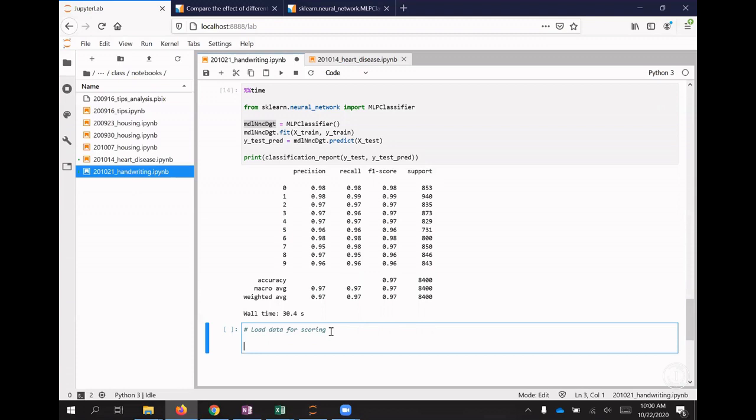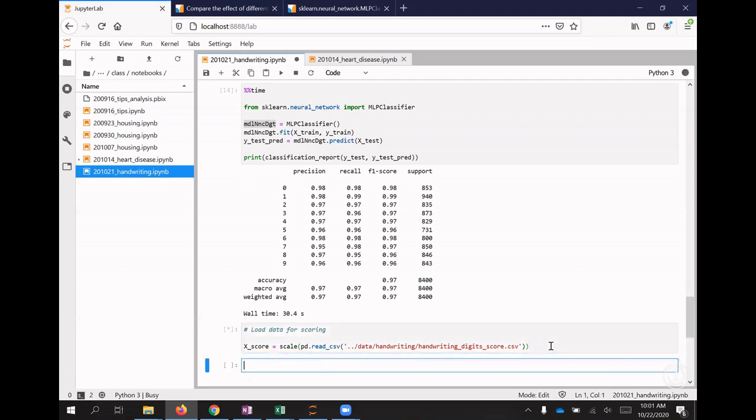Data that you don't have labels for is typically called scoring data. It's called score, and let's say read CSV. It's in our data folder, handwriting, and this was handwriting digits score. So this is a much smaller data set with a few digits. Oh, and remember, we need to scale this. Whatever you do to your training data, you need to do to your scoring data also. And then